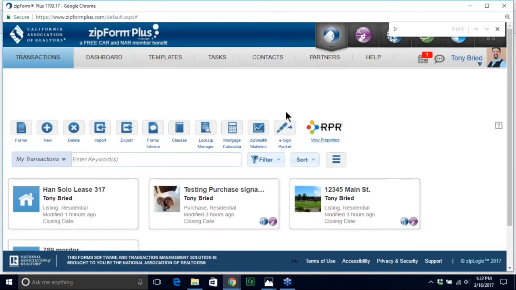All right, any questions on Forms Advisor or anything else so far? So try this tool out. If you're a long-time agent or a short-time agent, Forms Advisor is a great tool to use. Okay. Let's see here. We'll go over one last tool here at the transaction level, and then we'll dive right into a transaction, and that is the mortgage calculator. Here, the mortgage calculator is a great tool because not only can we double check our math, but we can use this for a client to show them what their estimated monthly payments are, as well as being able to show them a